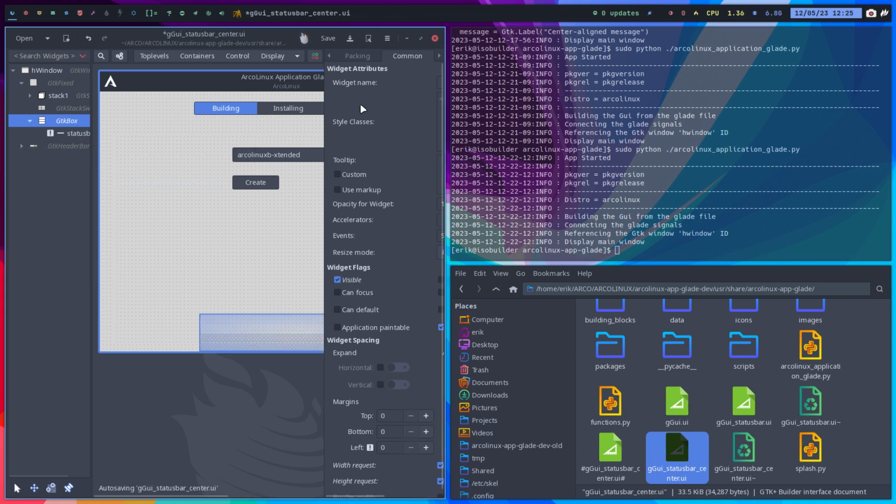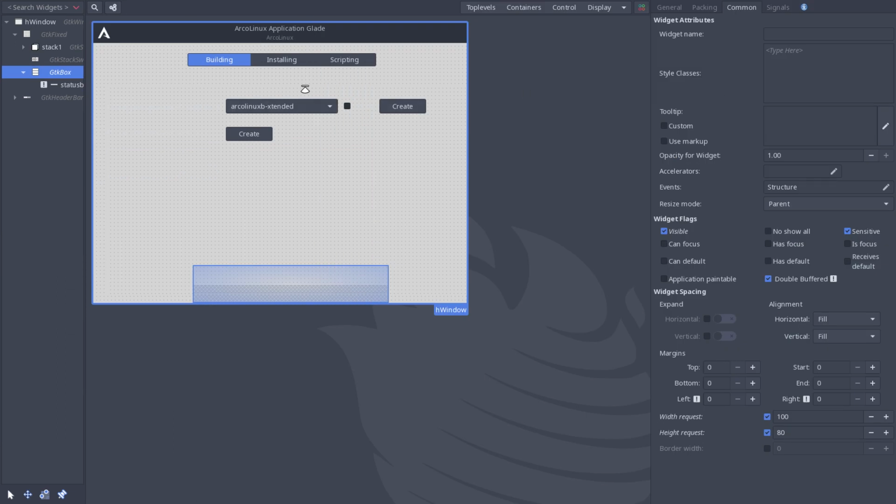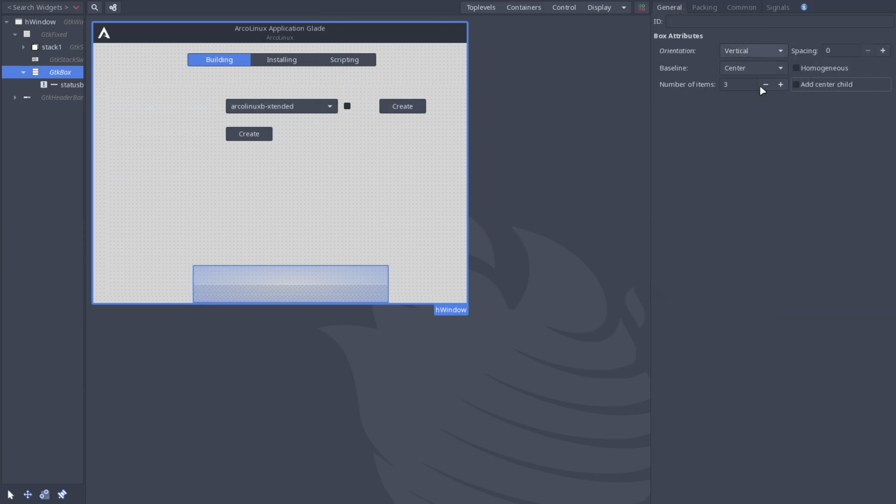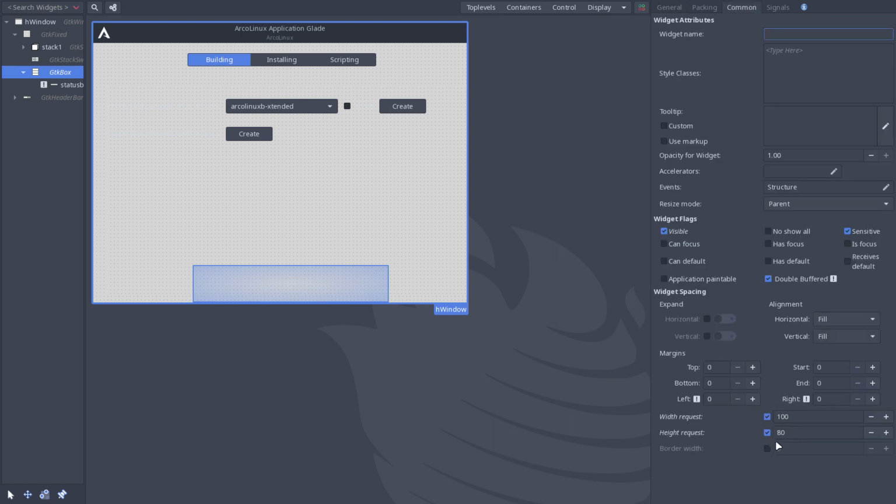And then we tell them to go for general, one box is enough, horizontal, not that high. Why do you do that? Then we have the status bar in the box, and in a box